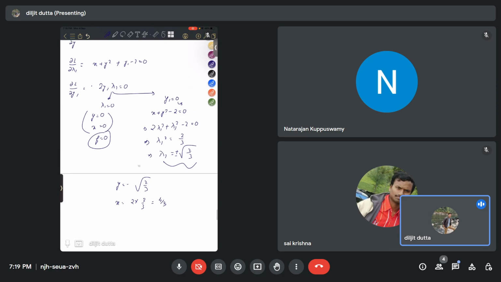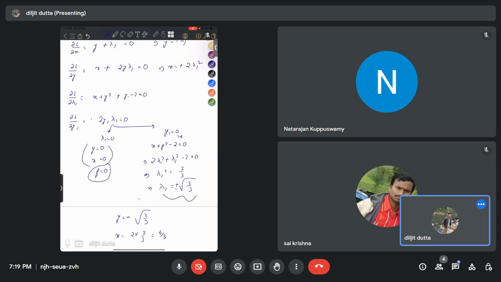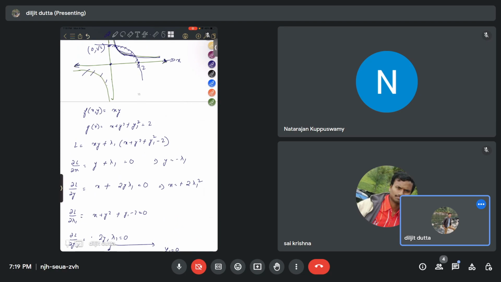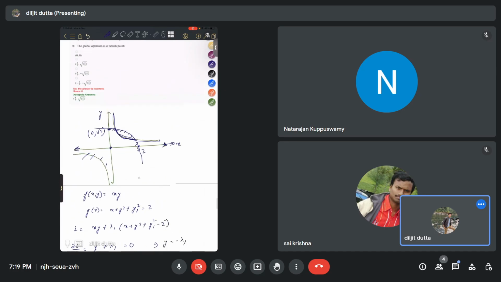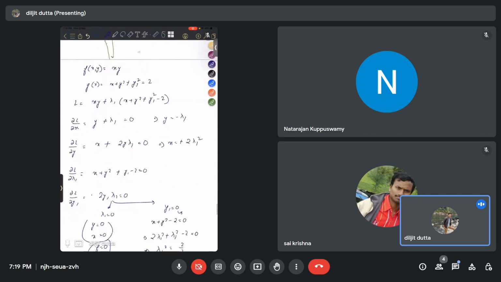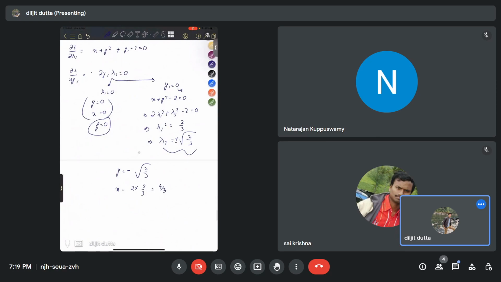Now, this is one thing that is seen. Lambda 1 can take plus or minus root 2 by 3. So y1 is minus lambda 1. So when lambda 1 is negative, in that case y is positive. But the thing is that one condition is x and y should be greater than 0. This is the main condition. And the second thing is lambda 1 should be greater than 0. But the thing is that in this case we are taking